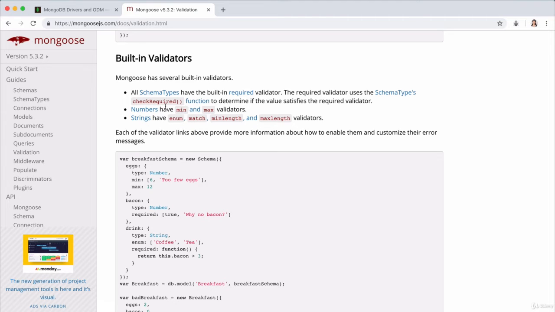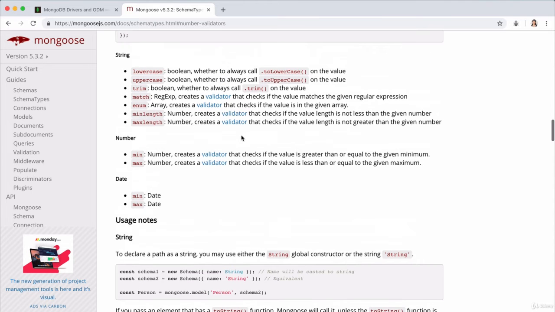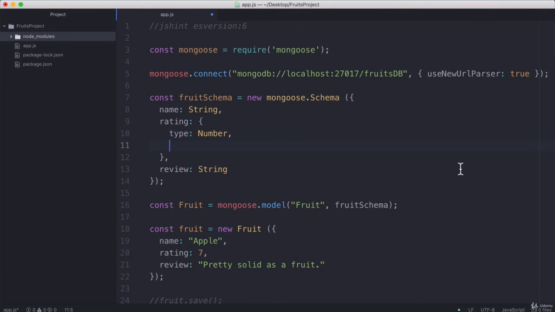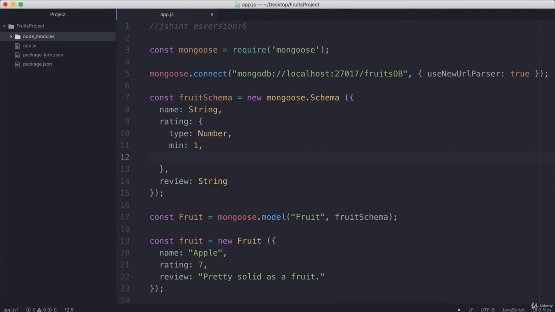But there's other things, such as for the number data types, you can have minimum and maximum validators. And if we click on that, it explains to us how you can use it. The minimum is going to be a number, and it creates a validator that checks if the value is greater than or equal to the given minimum. And the max does the same thing for the maximum. So that means over here for our rating, in order to keep all the new data that we enter into our database have a rating that's between 1 and 10, then we can specify the min as 1 and the